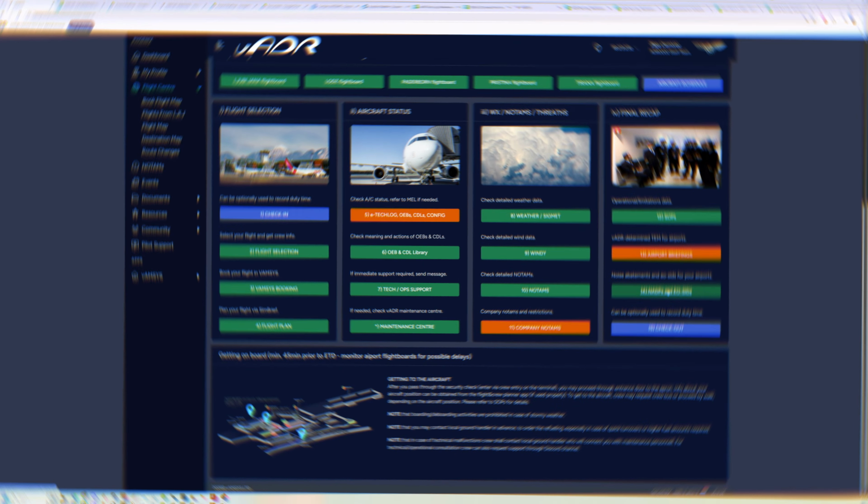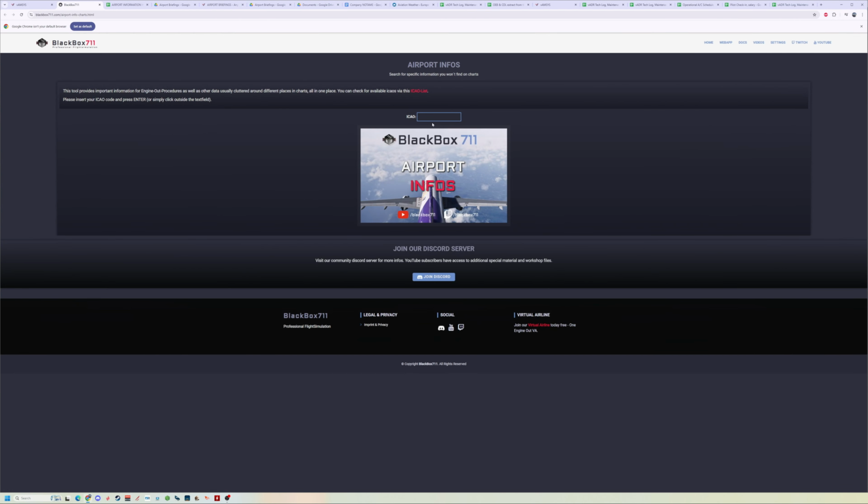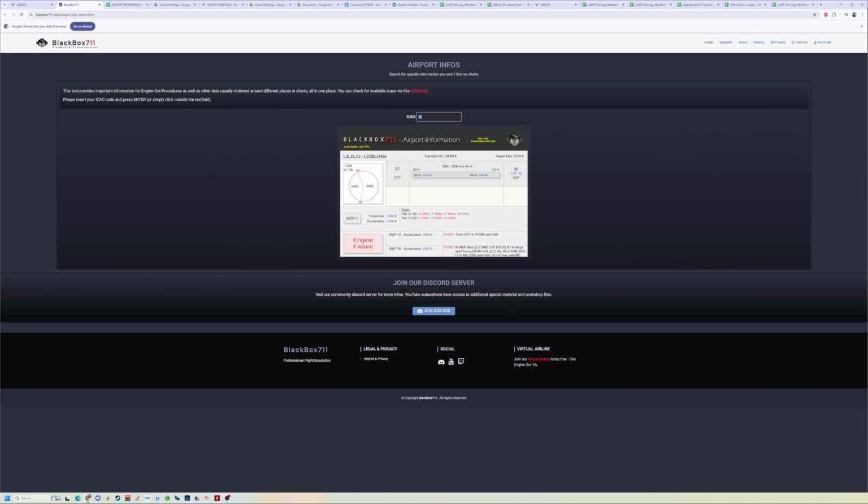Almost to the end, so noise abatement procedures and engine out SIDs. This is the tool we are using for this. So let's say Ljubljana here. Some airports are in the database, some are not. For example,